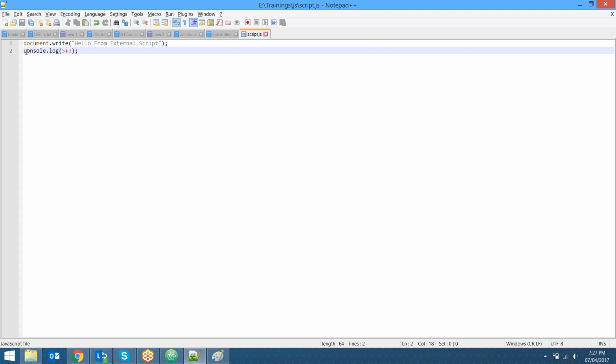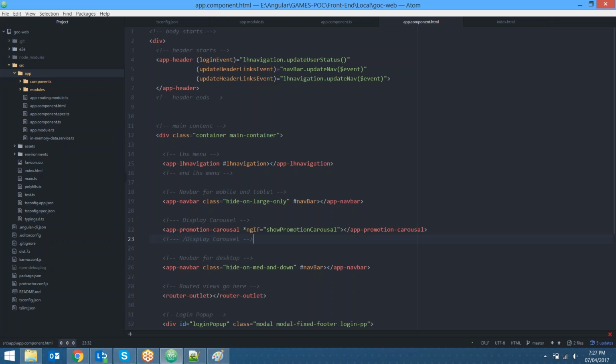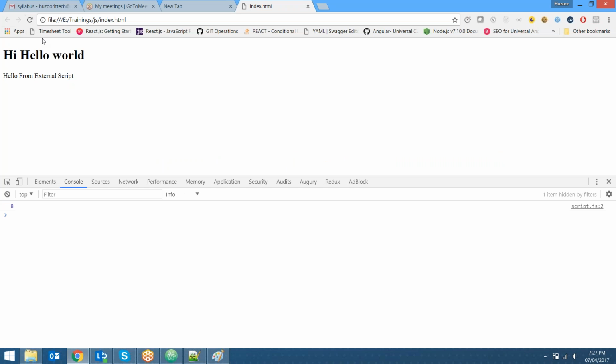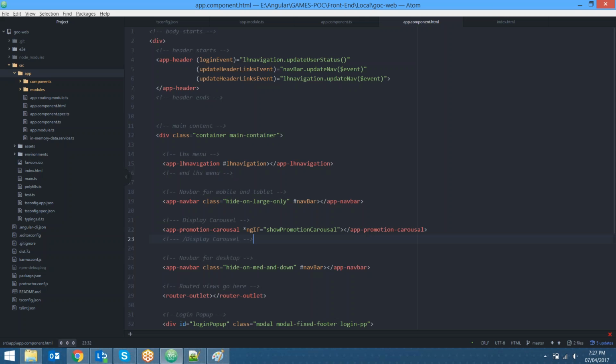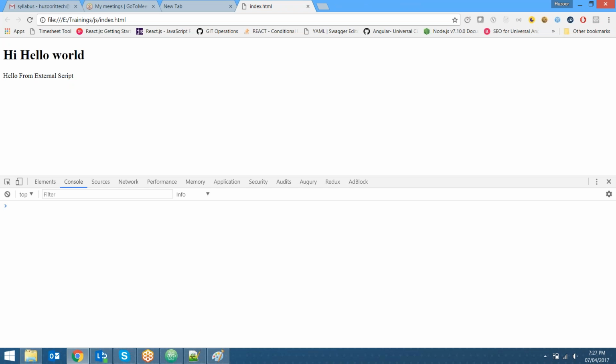This is my log. This one I'm writing to the document, and here I'm writing it to the console. See, if I refresh here, 8 came. That is for our sake, for the developer's sake,